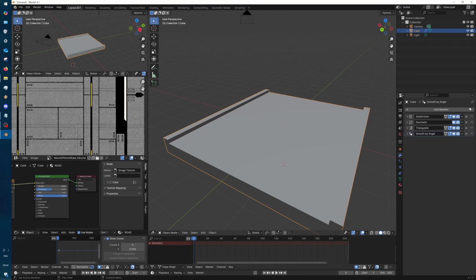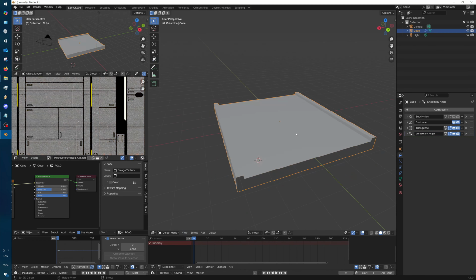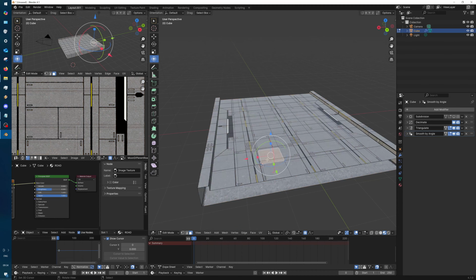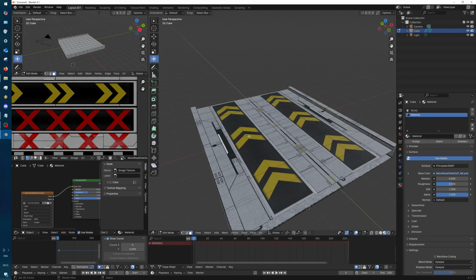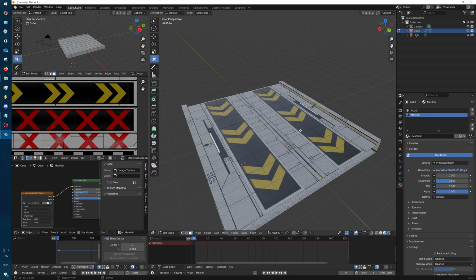Now, as for how to make a road out of this, I'm going to deactivate this modifier for now. But here's how we make a road out of this. First, I'm going to add something to it that's gonna screw it up a little bit in the future. I'm gonna be adding new materials, so let me skip that. Okay, so I've added a new material, and as you can see, when I go to edit mode, suddenly the